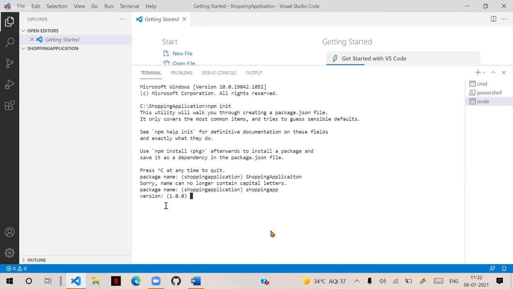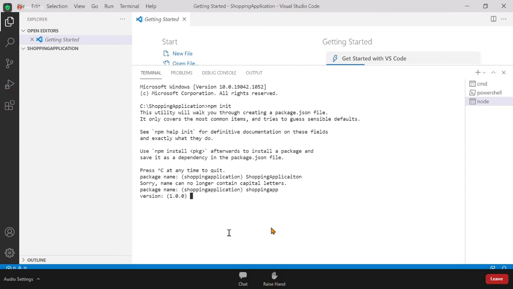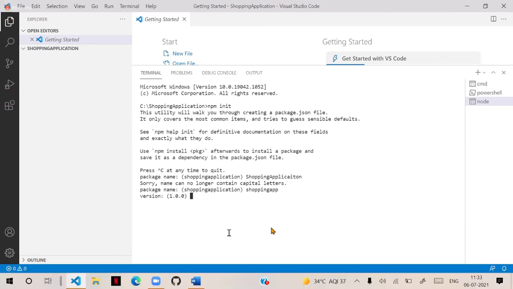It is asking the version number. That means when you are developing a project, for every project, you need to configure the version number. How to give version numbers? We will learn in the later stages. How to configure the versions, how to define the versions, we will understand. As of now, this is our first version of the project and it is giving 1.0.0. Let's leave it like that and hit enter.